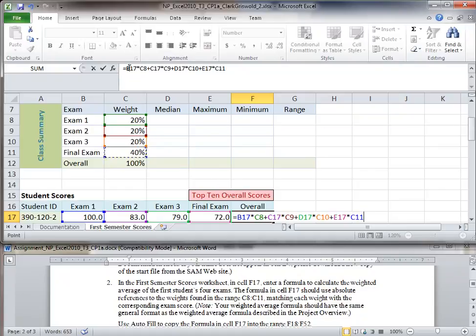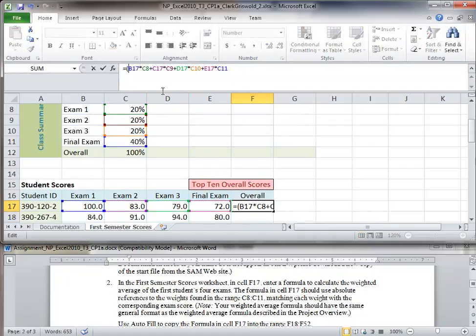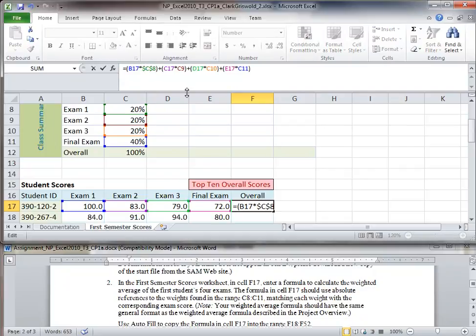Now here we can see what we've typed, and it's correct, but it's a little bit hard to see. One thing you can do if you want is put some parentheses in here to make it easier to see what's happening. So I'm editing this by adding parentheses in. That makes it a little bit easier to see that I'm taking scores times weights. Now the other thing that we want to do is make these absolute references. So I'm going to put a $ sign in front of each of these